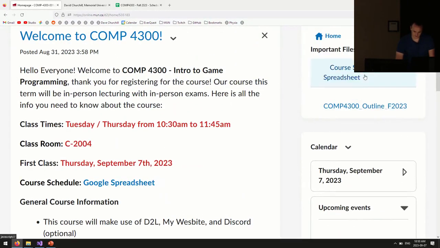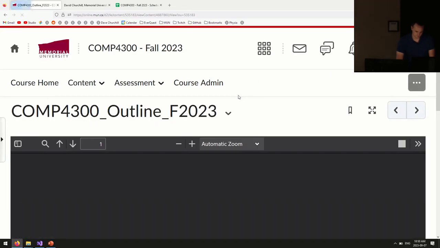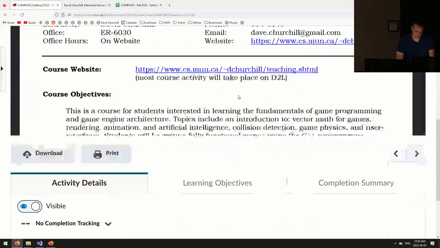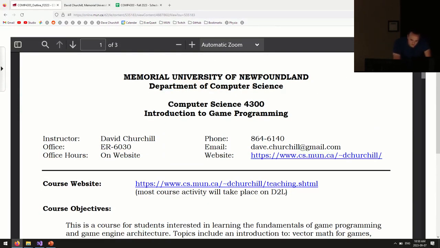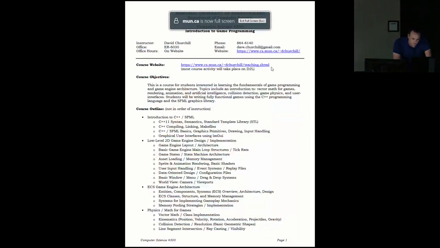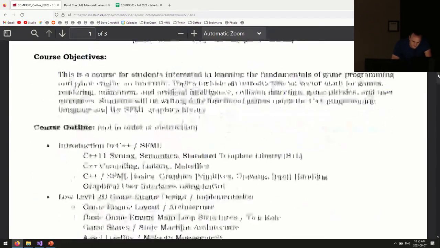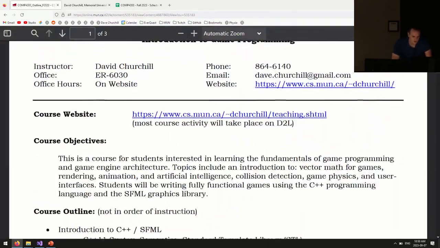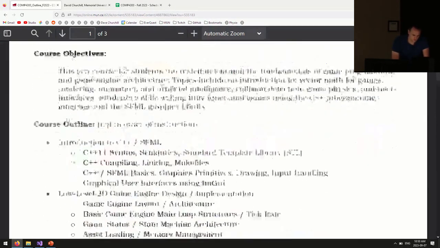Important files. And you can see the outline. Okay, so this is the syllabus. Is there a full screen thing here? What does this do? Ah, well, that's useless. Okay. Let's just try and scroll right here. Okay, so this works. We've said a lot of this stuff already, so I'm going to skip down to the